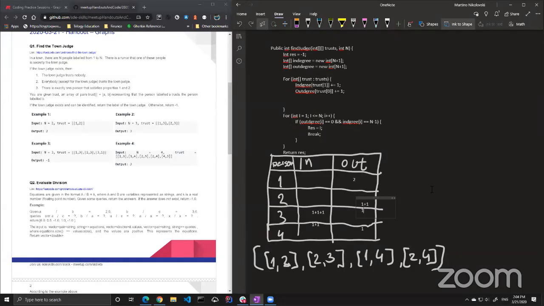The other approach I was thinking of was to put every person in a set and say these are the potential judges. Then every time I find someone who's trusting somebody else, the person who is trusting is no longer a candidate, so I remove that person from the set. At the end of this loop, I should have exactly 1 element left. If I have multiple elements left, then there are no judges. If I have an empty set, then there are no judges. If I have exactly 1,